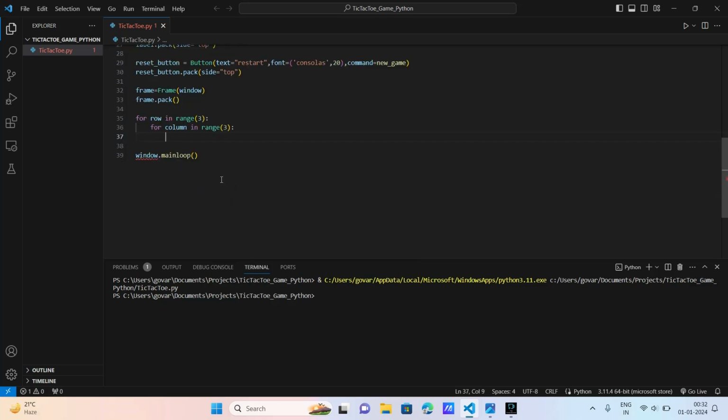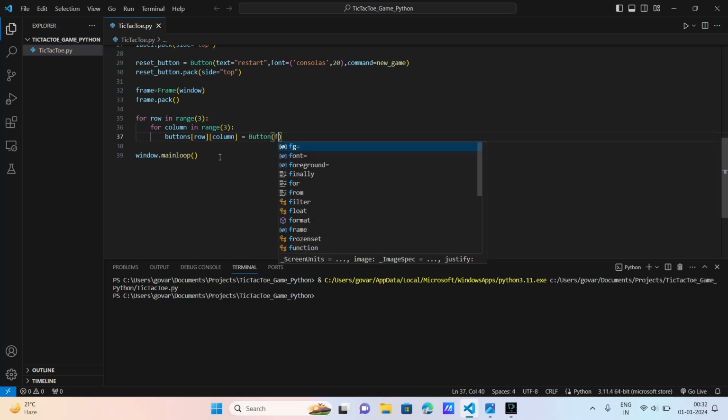I'm going to give buttons of row, column is equal to, I'm creating a button, guys, Button of frame,